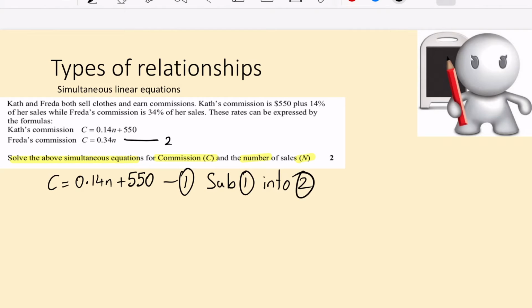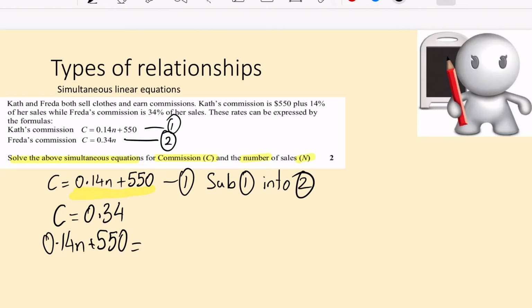So let's call this equation 2 and this is equation 1. In equation 2, whenever I see C, I'm going to replace it with what C equals in equation 1, which obviously is 0.14N plus 550 equals